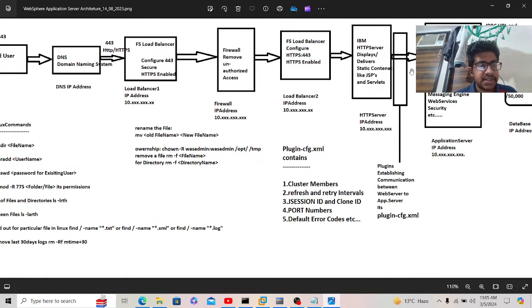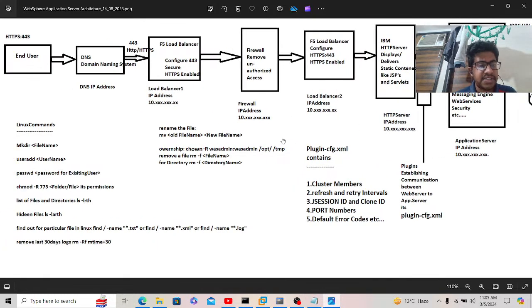Okay, this is the architecture of WebSphere. The client sends a request to the DNS with 443 port number, IPv4. After this, DNS to load balancer. The load balancer is configured with 443. After this, firewall to